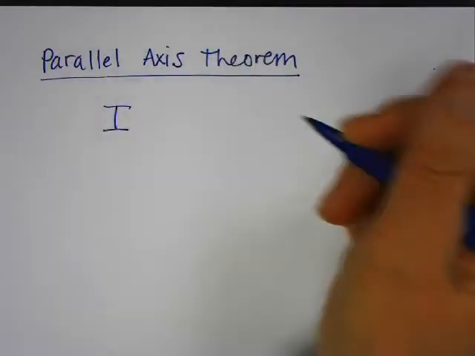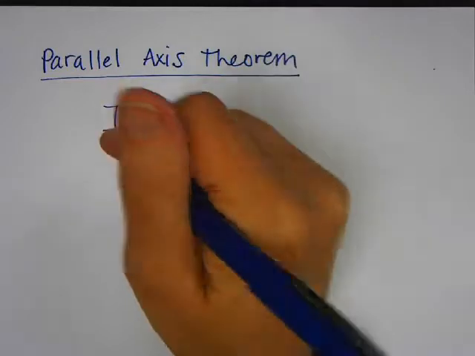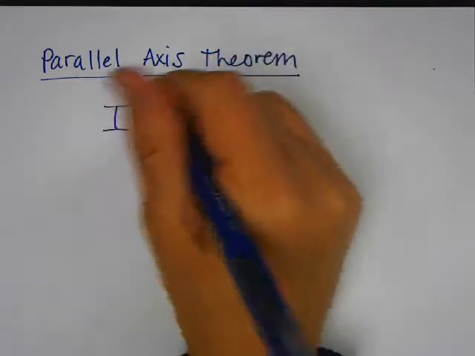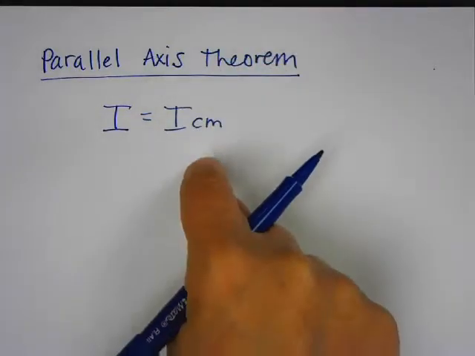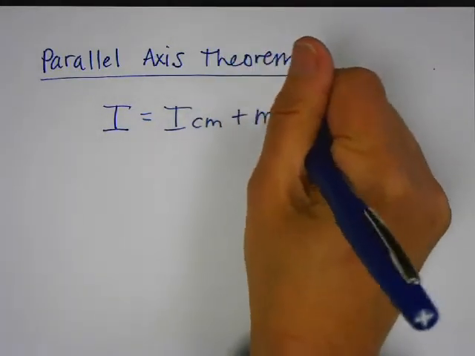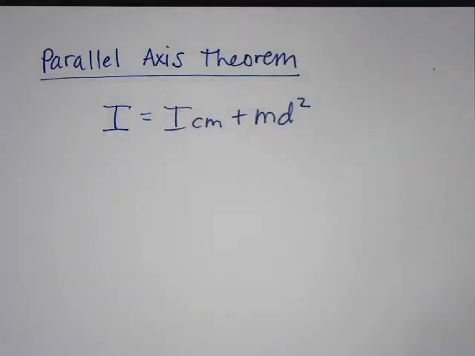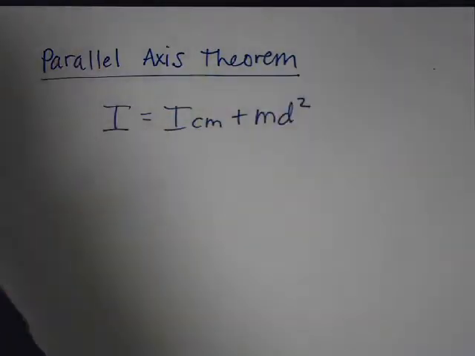So the parallel axis theorem: I, the moment of inertia through any point of an object, is equal to the moment of inertia of that object through the center of mass plus the mass times the distance to that point, and that's it. Okay? So you have an example in your notes,